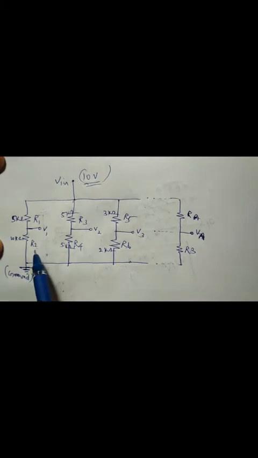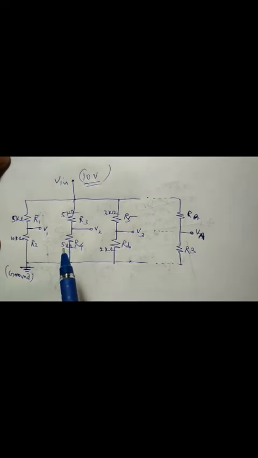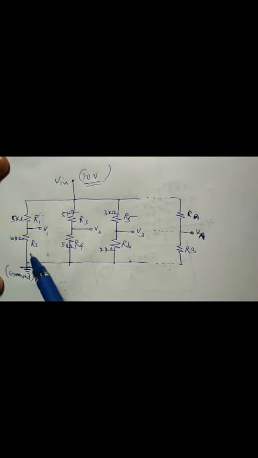This simple potential divider can be used as a power supply for a complex circuit which requires power supply in different values. For example, if a complex circuit requires 3 different power supplies, you can use 3 different potential dividers as shown in this diagram. See the first example, a potential divider constructed with the help of this R1 and R2.